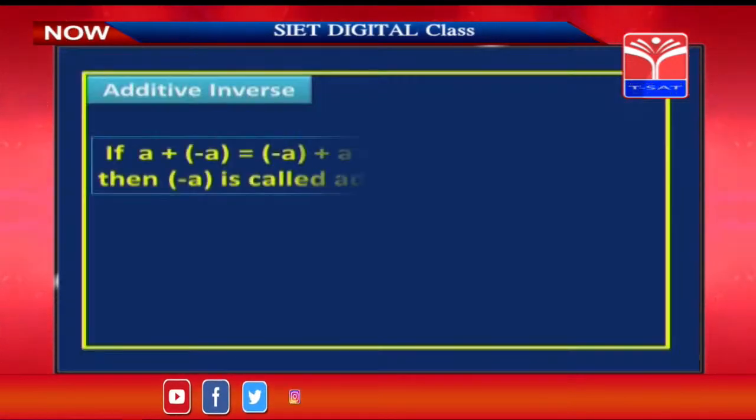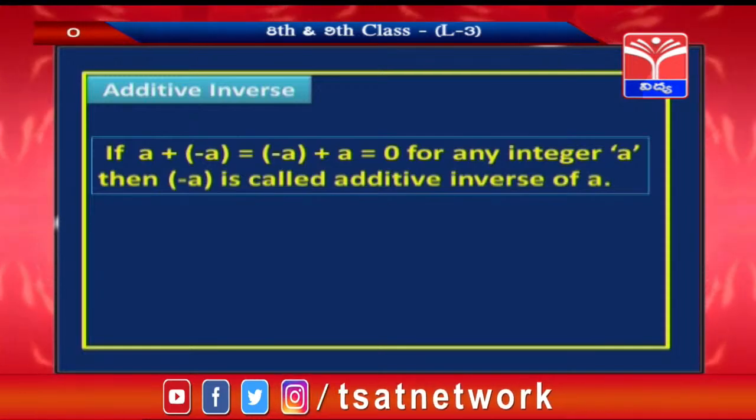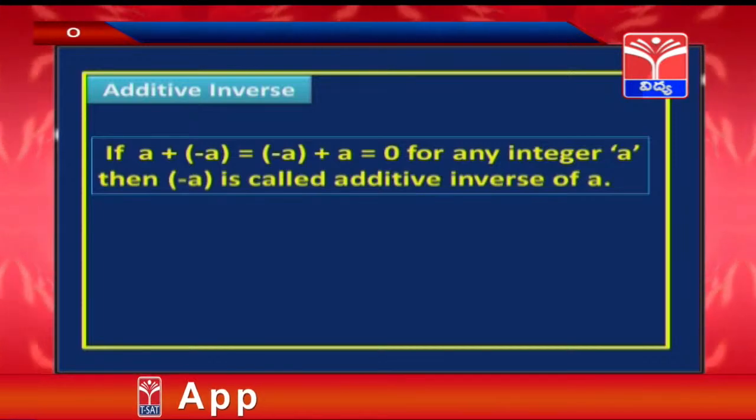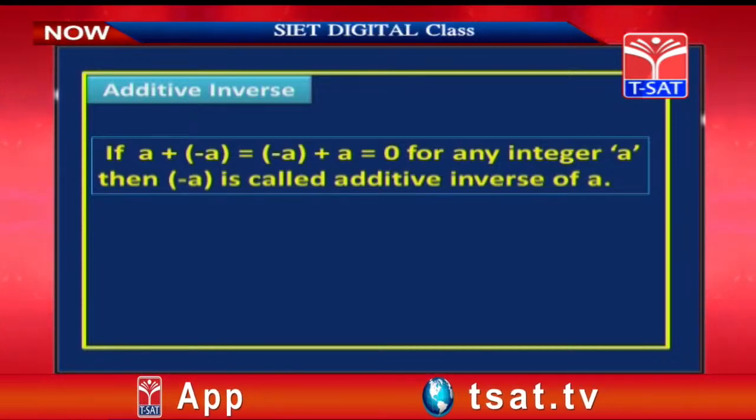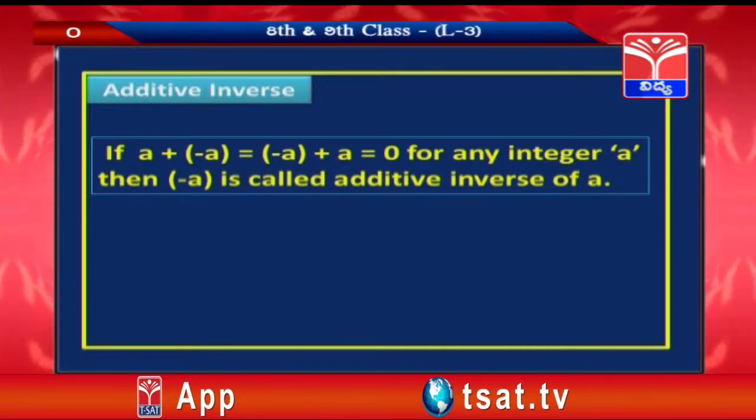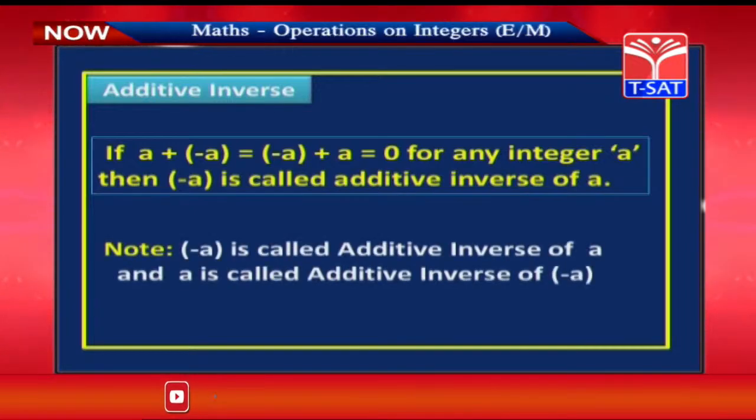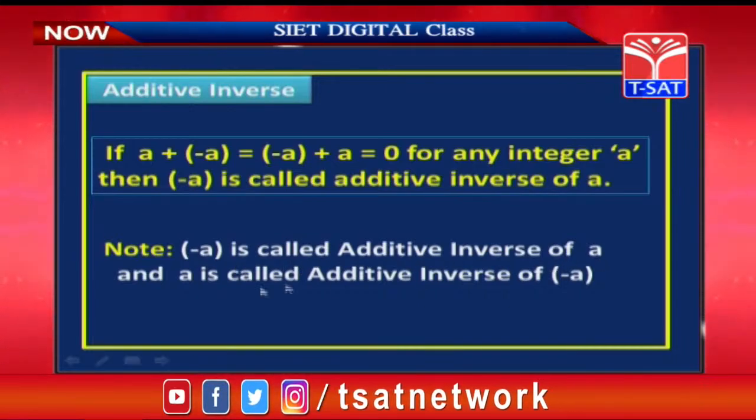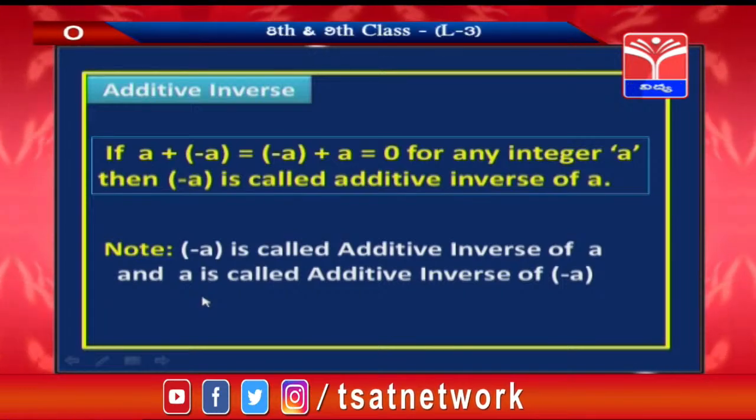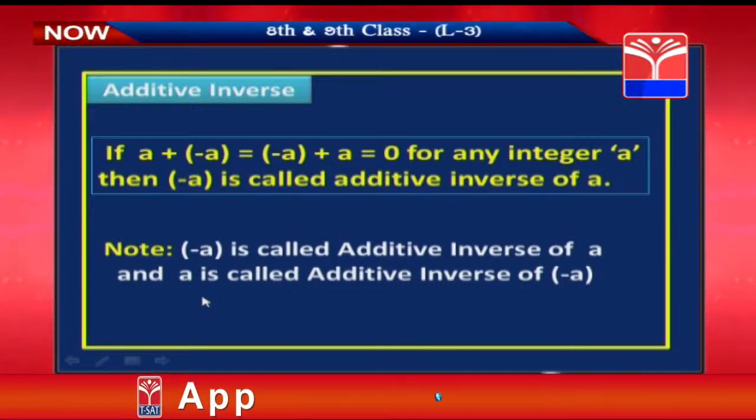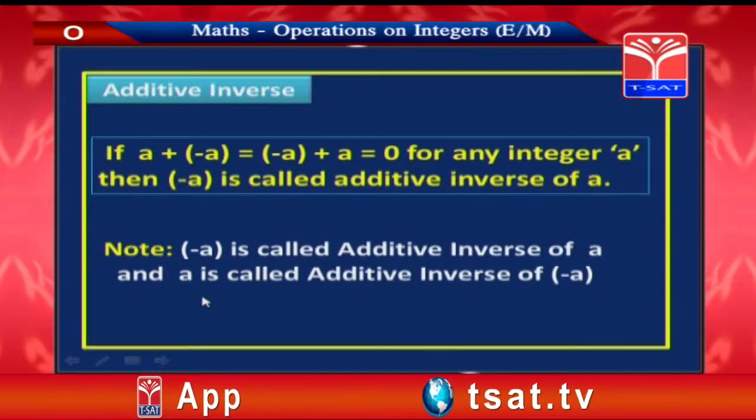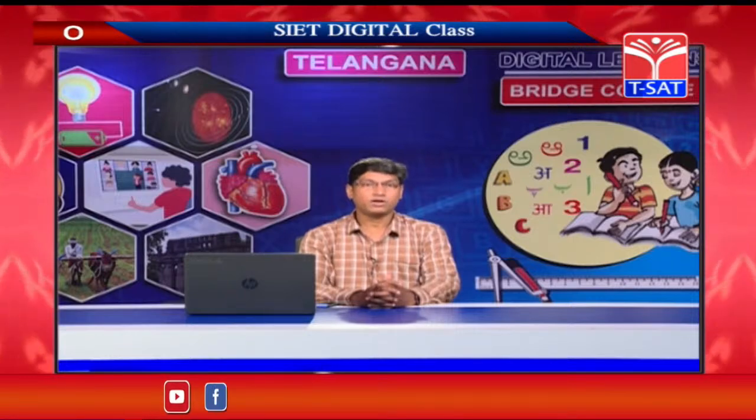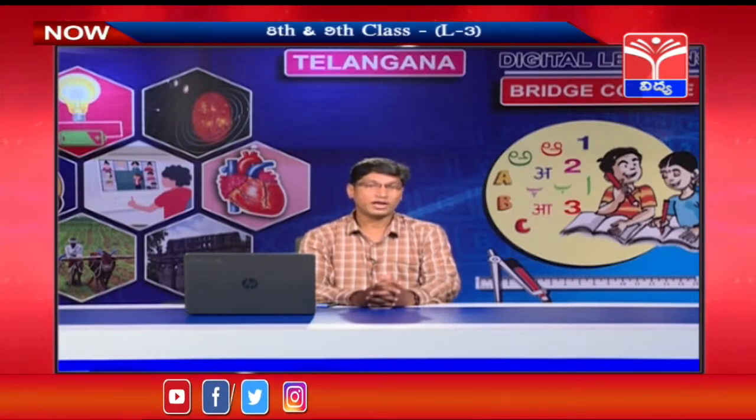If a plus of minus a is equal to minus a plus a, that is equal to 0 for any integer a, then minus a is called additive inverse of a. So children, you need to note one more important thing. We have seen minus a is called additive inverse of a, and also a is called the additive inverse of minus a. Okay. So for 3, minus 3 is the additive inverse, for minus 3, plus 3 is the additive inverse. So children, with this we have come to the end of our session, but before that, let us